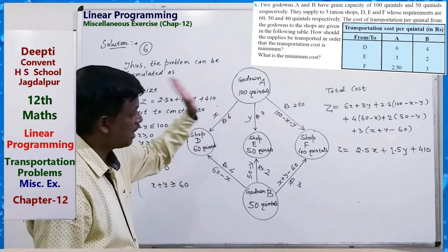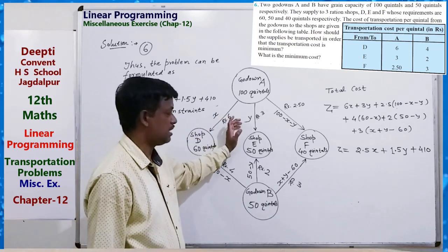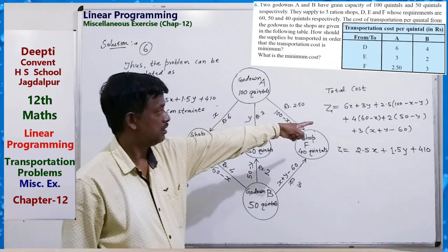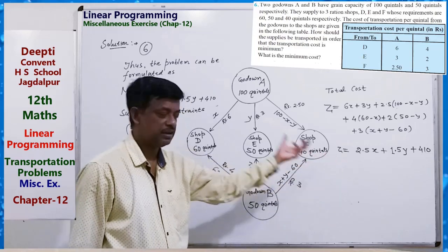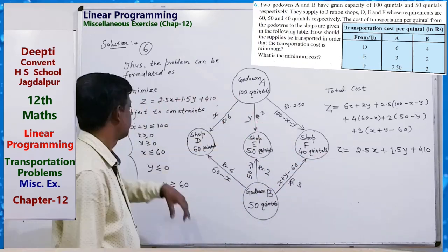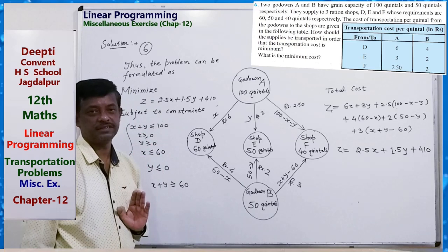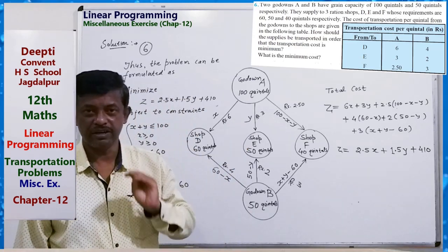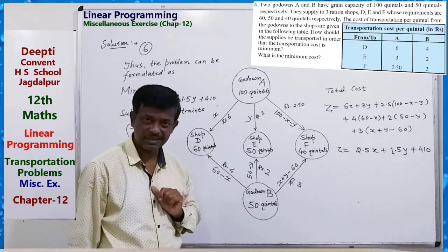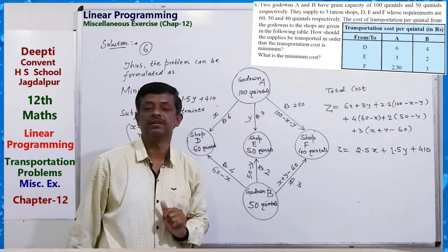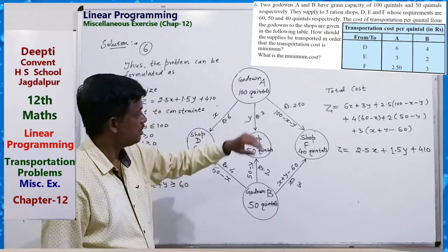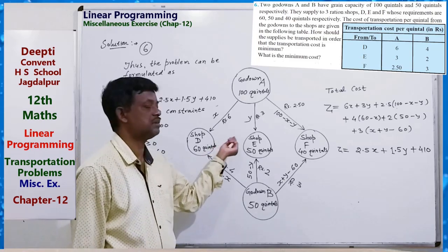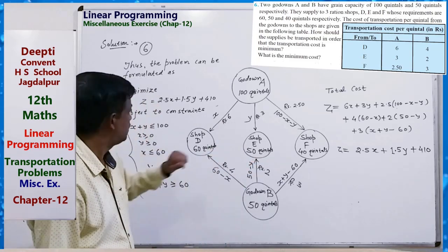This diagram is helpful for making the cost function, that is the objective function, and writing constraints. So a transportation problem can be formulated using this diagram, a representation with the help of the given table in the question. See the table and draw this diagram, and then you can write